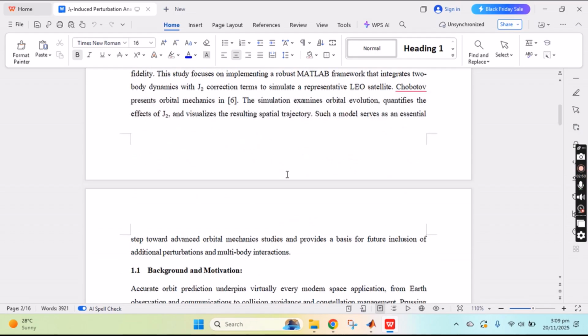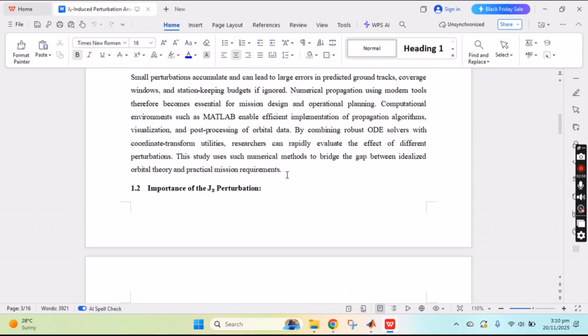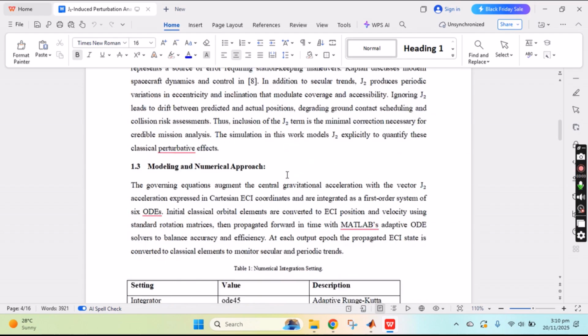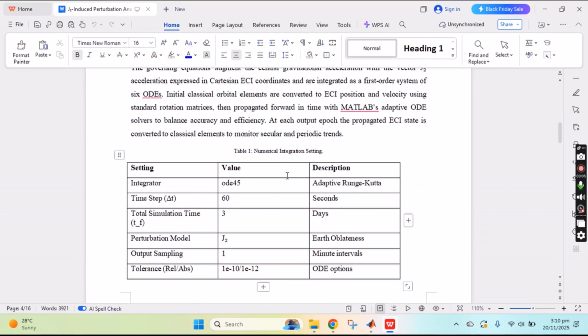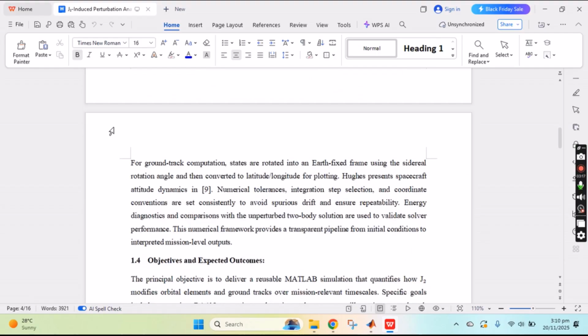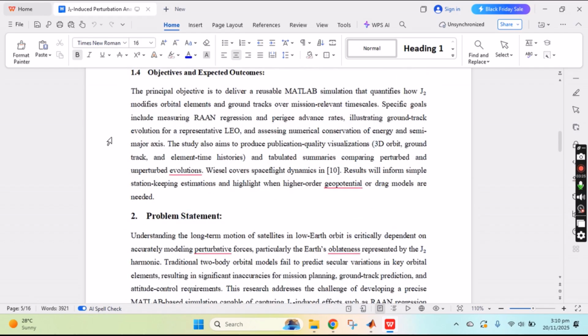Okay, so here is the background with the motivations, with the importance of J2 perturbations as well, RAAN accordingly, and the modeling and numerical approach as well. This table basically represents the numerical integration settings and the parameters used in the simulation in MATLAB for the J2 purposes. Okay, these are the objectives with the expected outcomes, and the main objective